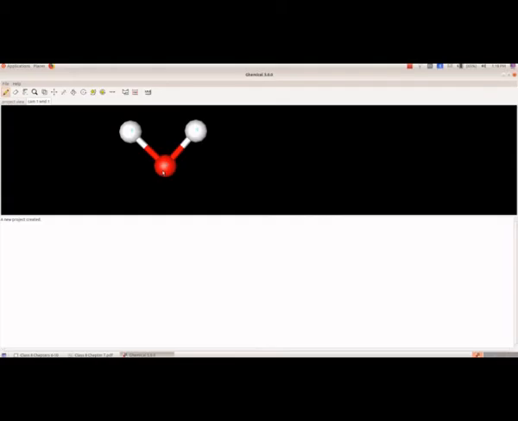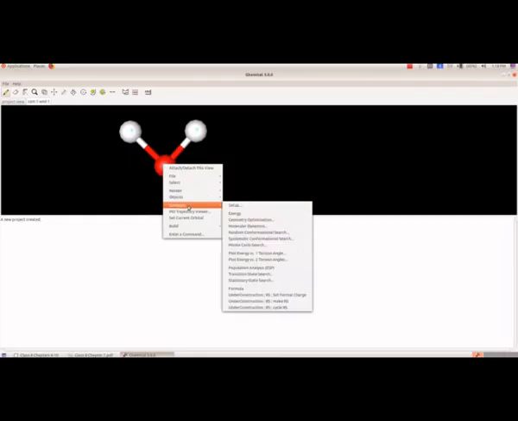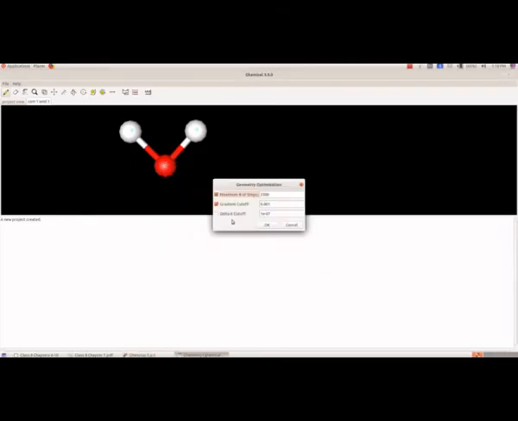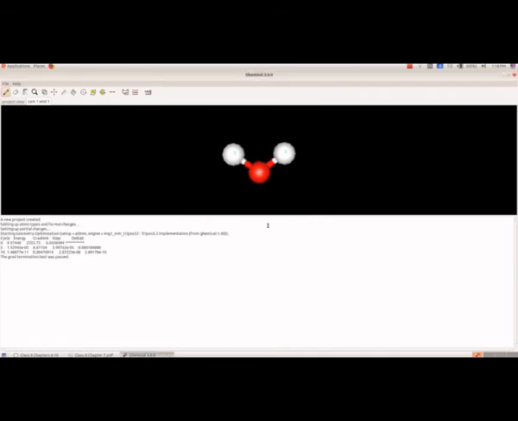So for that we bring the mouse pointer on any atom, then right click, then compute, and from there we select geometry optimization, and we will get a window like this. Here we are not changing anything, we are selecting the OK button. So this is the correct shape of the water molecule.